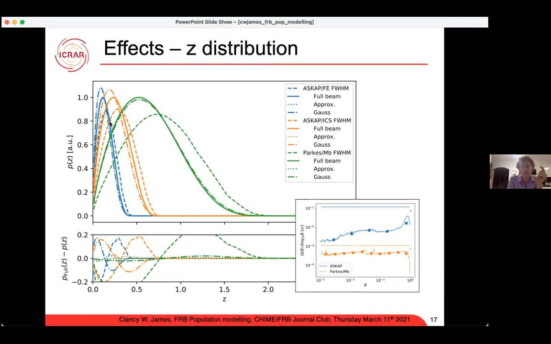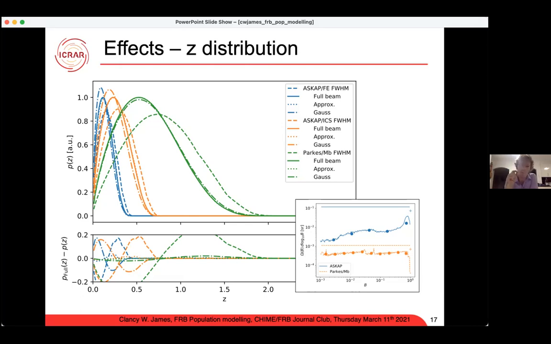But if you use your full width half max approximation, you overestimate your sensitivity to the, well, okay, not as distant, but still some distant universe. But if you use this Gaussian approximation, you overestimate your sensitivity to the nearby universe, right? Because of the overlap effect. So, for instance, Ray Lau's paper uses Gaussian beam shapes also for ASKAP, and that gives a significant bias in the opposite direction, right? So you have to be really careful how you model your beam shapes.